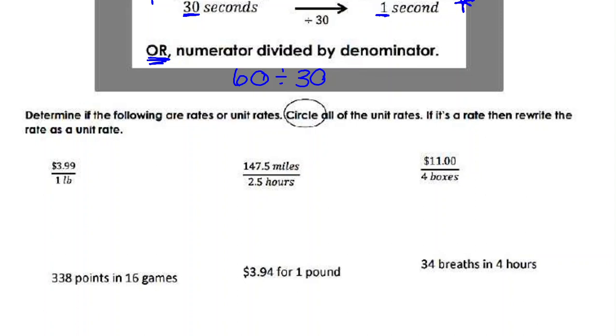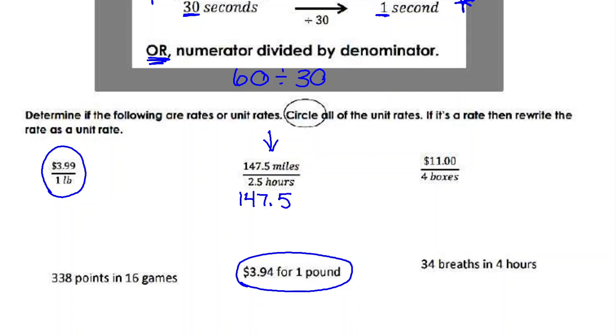So $3.99 per 1 pound is a unit rate. $3.94 per 1 pound is also a unit rate. And the rest of them are just straight rates. Now we can simplify these and turn them into unit rates. So for this one here in the middle, if you just divide the numerator by the denominator, so you're just going to divide them,